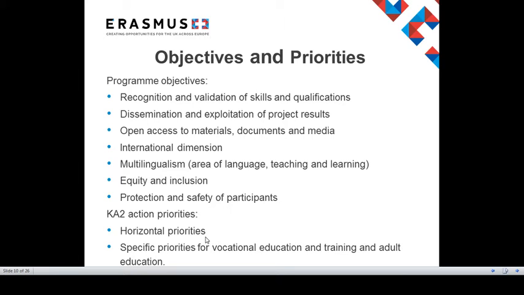Another important feature is the international dimension, i.e. cooperation with organisations from different countries, alongside multilingualism, by requesting funding for linguistic support for long-term learning, teaching, and training activities if applicable. Also, please bear in mind equality and inclusion, for example, by facilitating access to learners with disadvantaged backgrounds and fewer opportunities compared to their peers. And a final feature is protection and safety of participants by making sure all participants are safe and supported during